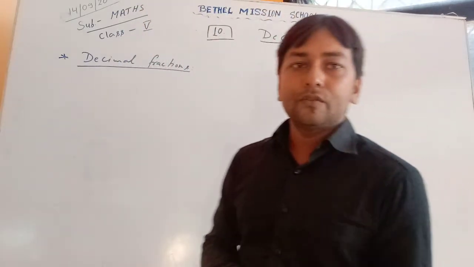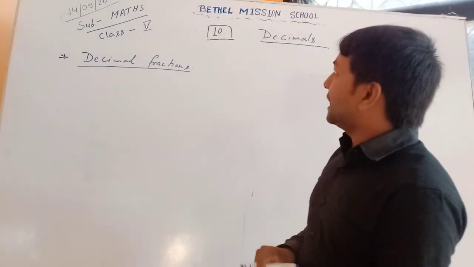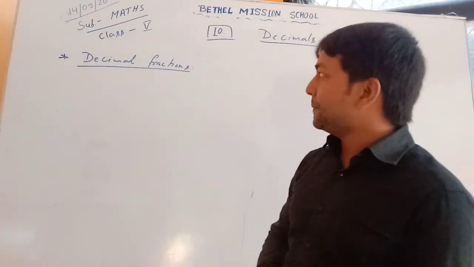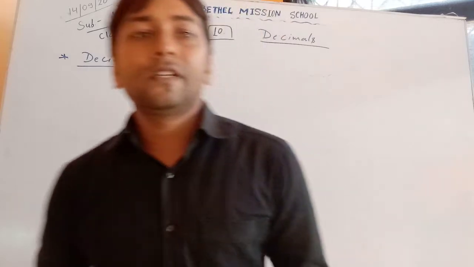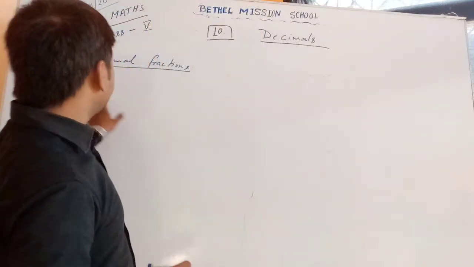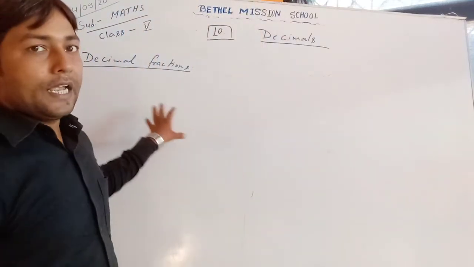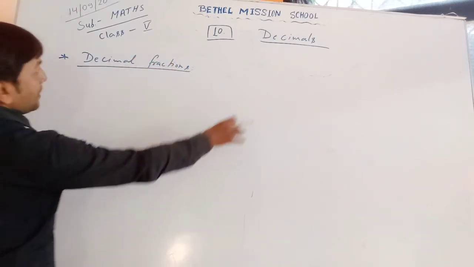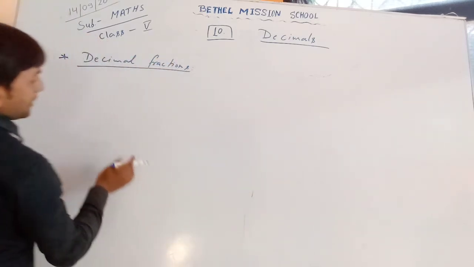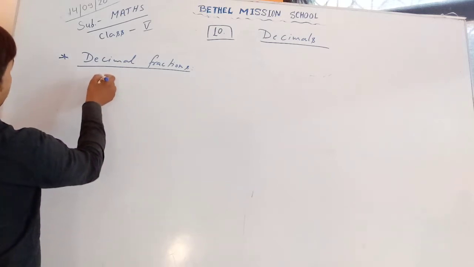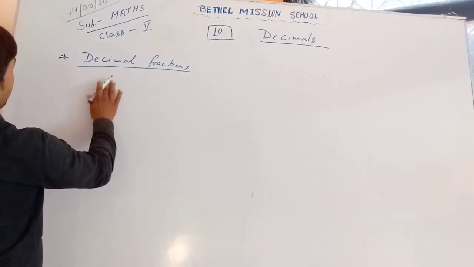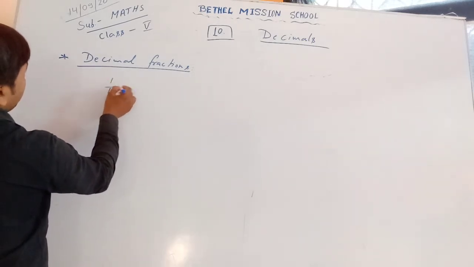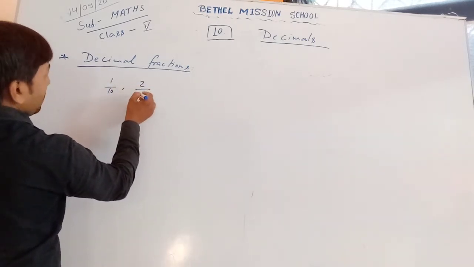Today I am going to teach you Maths of class 5th. It is the 10th chapter, Decimals. Okay, so first we discuss decimal fractions, and in this we will learn about decimals. What is a decimal? A decimal fraction is a fraction which has a denominator like 10 or